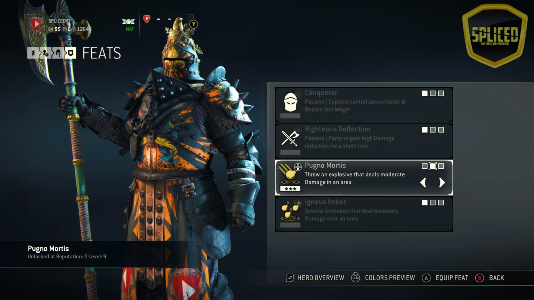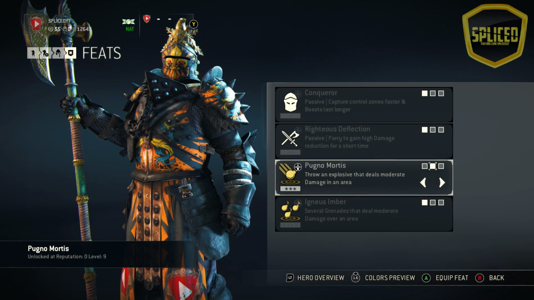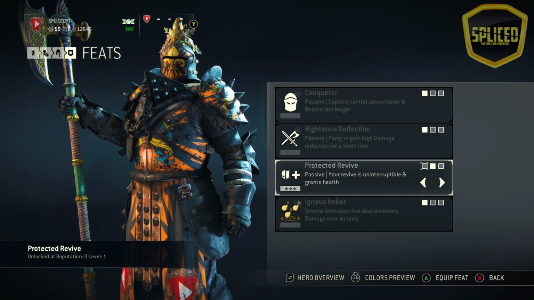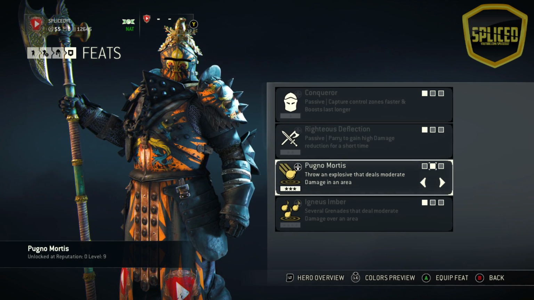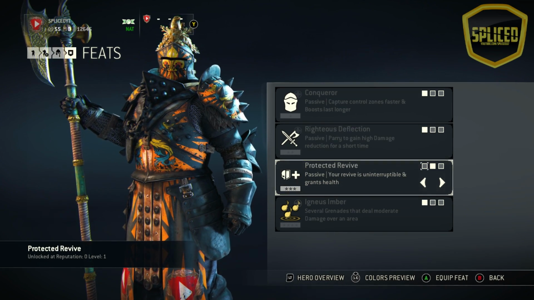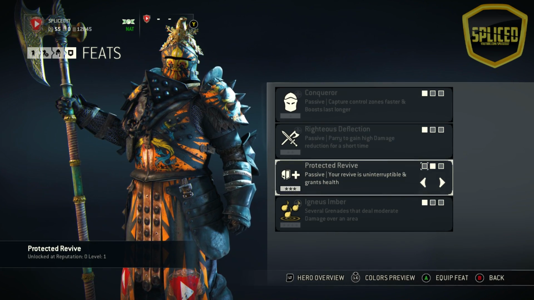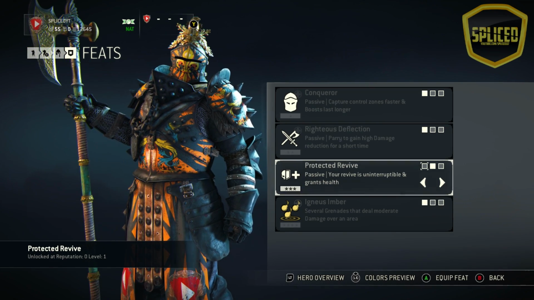Then we have this ability again, the single bomb ability, which you throw an explosive, deals moderate damage in an area, and the reason why I'm using this one over the second wind, again, because it got nerfed. So I'm going to be resorting to this ability, which is the same as Igneous Ember, which I'll be getting to in a sec. And the reason why I don't have protected revive, your revive is uninterruptible and grants health,